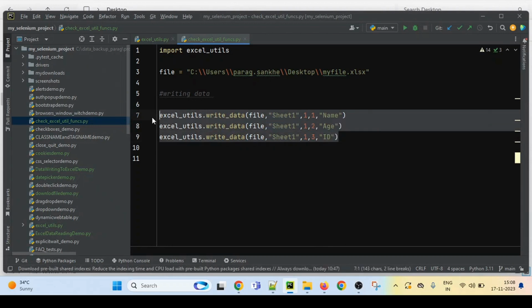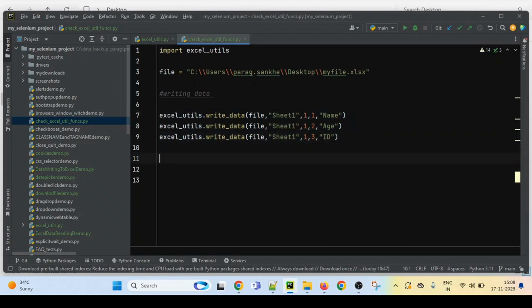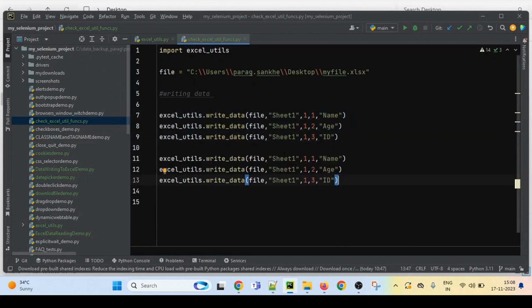I am just copying this again, and let's add the data for the second row as well. In the second row, first column, we are passing name as Jack. In the second row, second column, we are passing age as 24. And second row, third column, we are passing ID as 001.